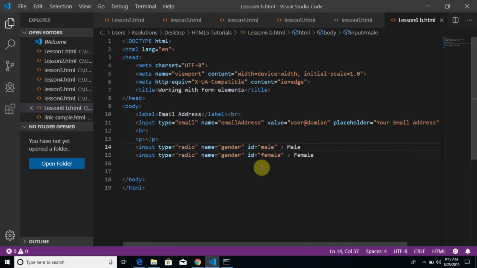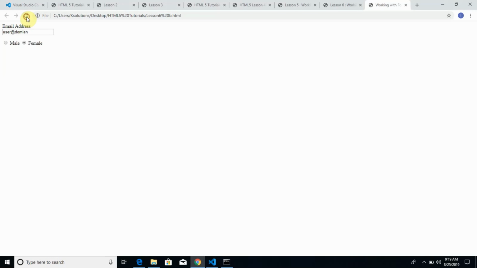The moment I come here and give this a different name, something that makes it distinct, genders and gender are not the same. When I do this, it means they are not working together anymore, and users can select both of them together like this. If this is what you want, you give them different names so users can select all of them. But if you want them to work together, even if there are 5, 6, 7, 8, 9, 10 or 20 of them, users will only be able to select